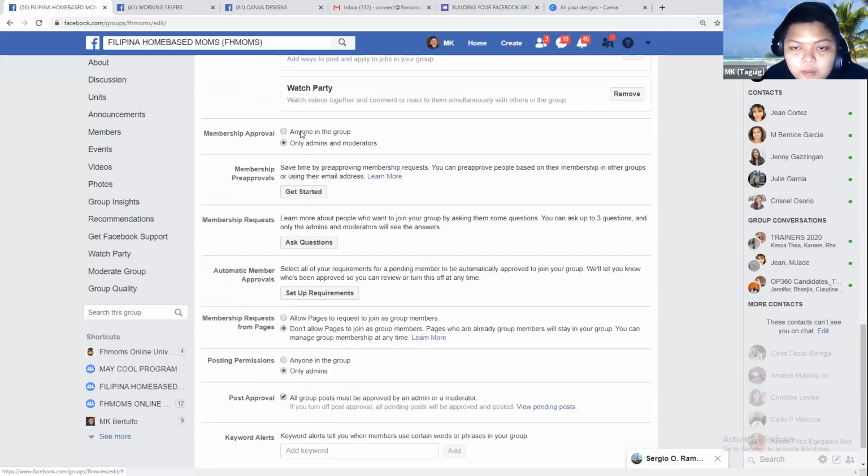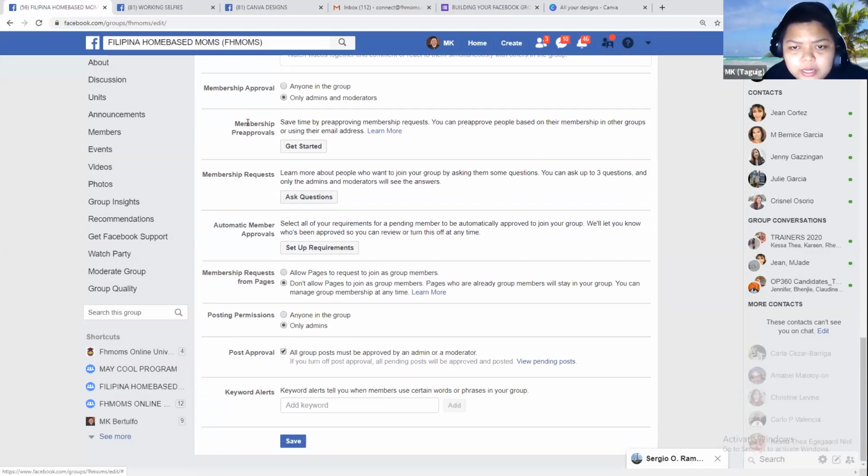This is an option to take, for example, if you will allow other people na mag-join or hindi mag-join or kung mag-a-approve ba kayo ng kung sino-sino or hindi, blah blah blah. So, yan, medyo straightforward naman tong mga ito. So, you can just read it and let me know if you have questions.